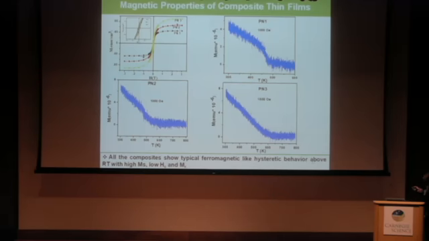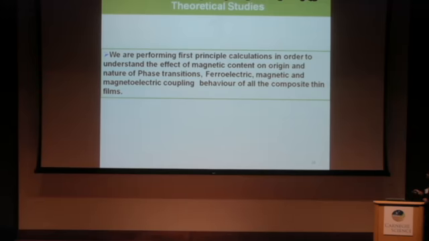In the PN1 and PN2 cases, the magnetic phase transition is observed around the ferroelectric phase transition temperature, plus or minus 10 or 20 degrees Celsius. And in the PN3 one, we are getting around 550 Kelvin. Here, all the composites show typical ferromagnetic-like hysteresis behavior above room temperature with high saturation magnetization, low coercive field, and low remanent magnetization. And we are also performing some first principle calculations in order to understand the effect of